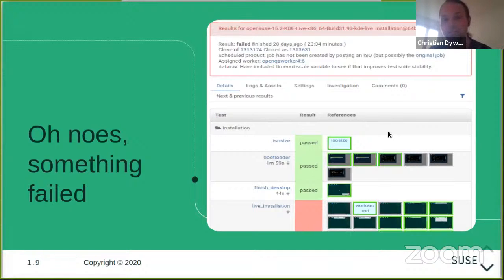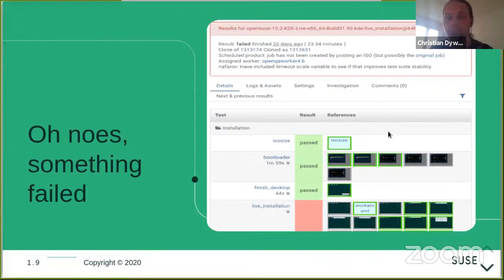Remember, all of those tests run virtual machines. So where it says assigned worker, and it says openQA worker 46, if you imagine being the person who maintains the servers and may have to debug if the backend is working, this would tell you where in your infrastructure they run.